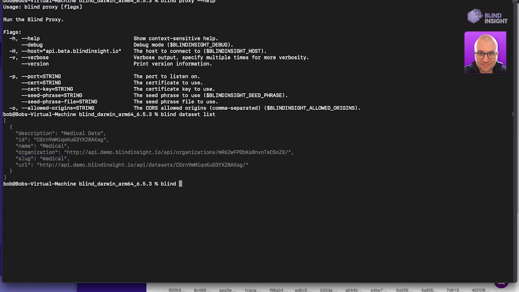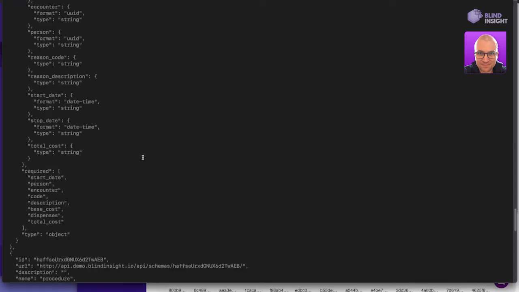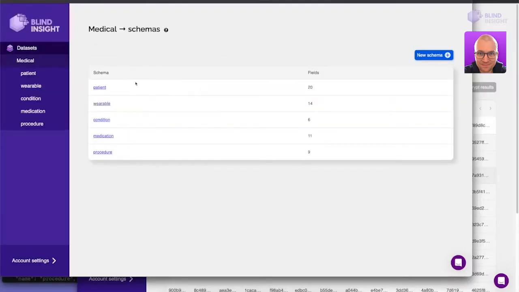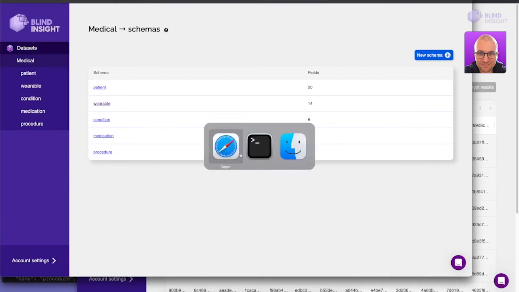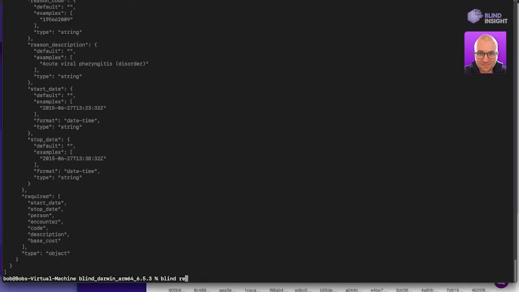Similarly, if we want to list the schemas, we call blind schema list. And you see here that we get a number of schemas back, and this coincides with the ones that we saw here in the user interface when we clicked through to the medical data set. So lastly, we want to search records or list records. So what we can do is blind record list,